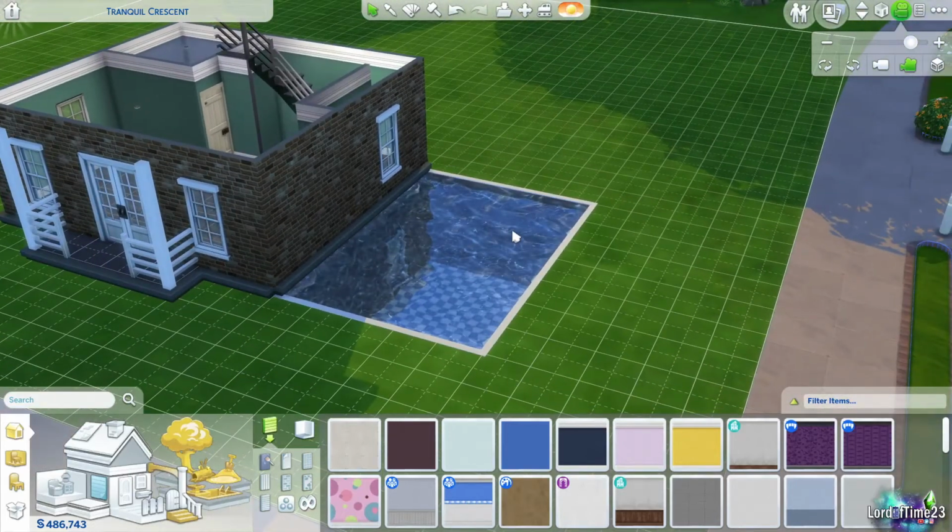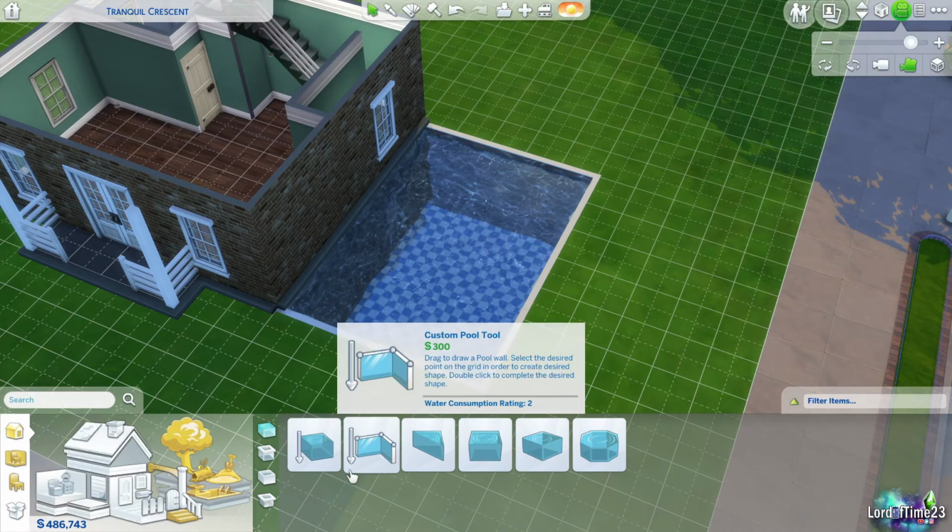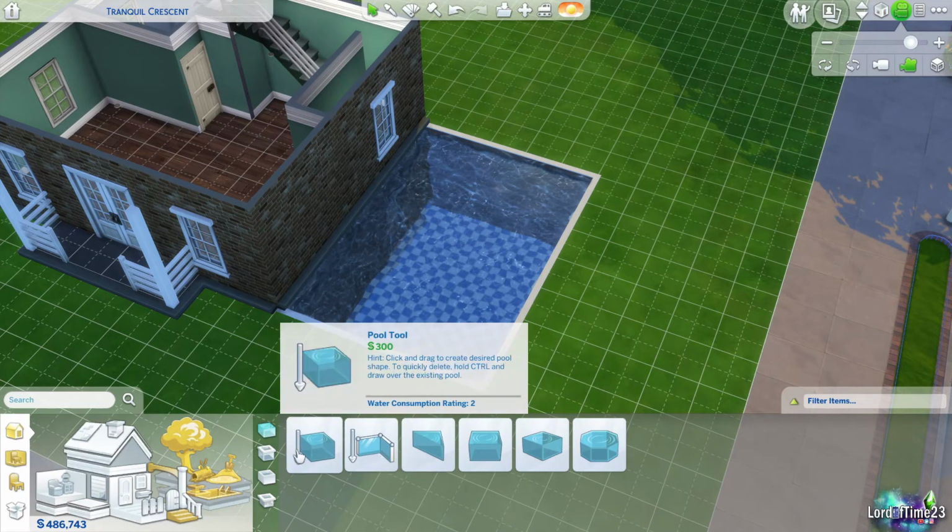So, you can make it match your house a little bit more, make it look a little nicer, make it look like it fits so it's not so obnoxious and blue. So going back to the pool option quickly, if you look at our options down here, you can see that